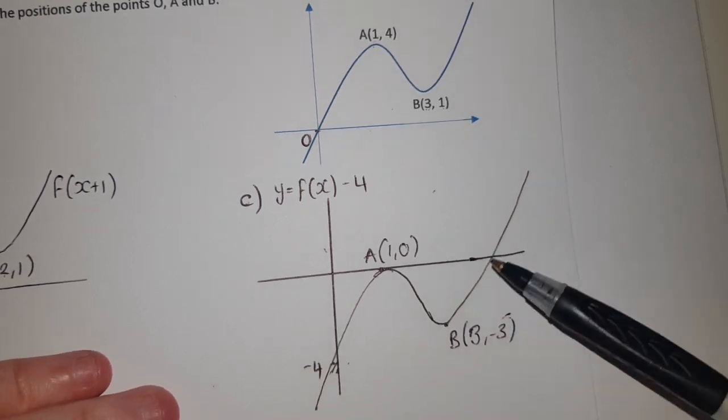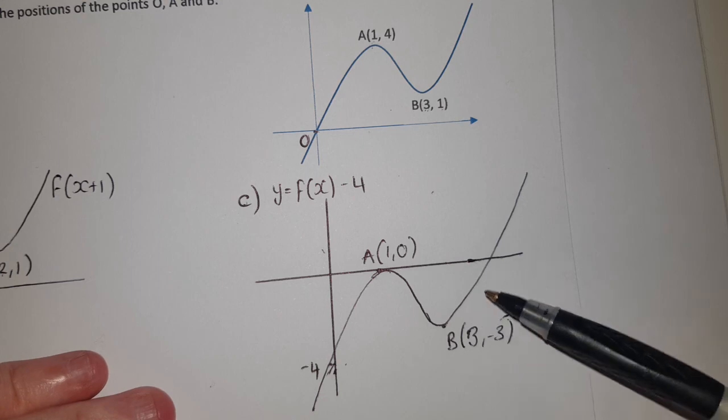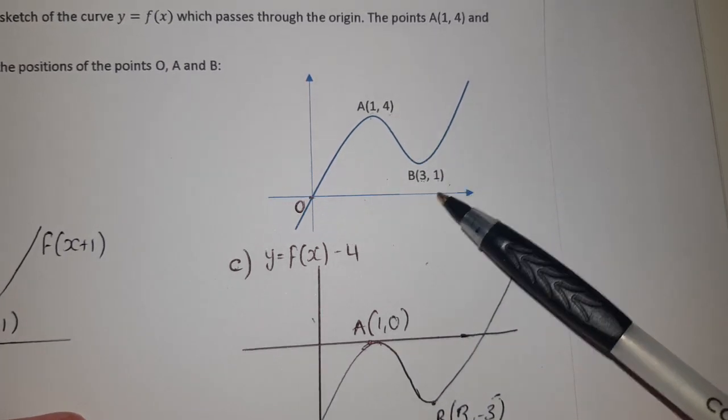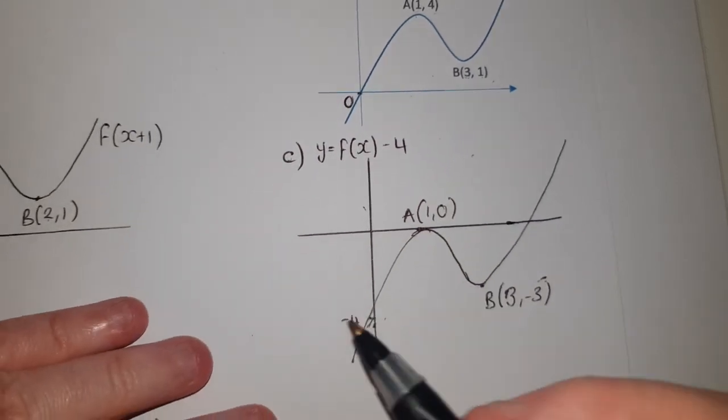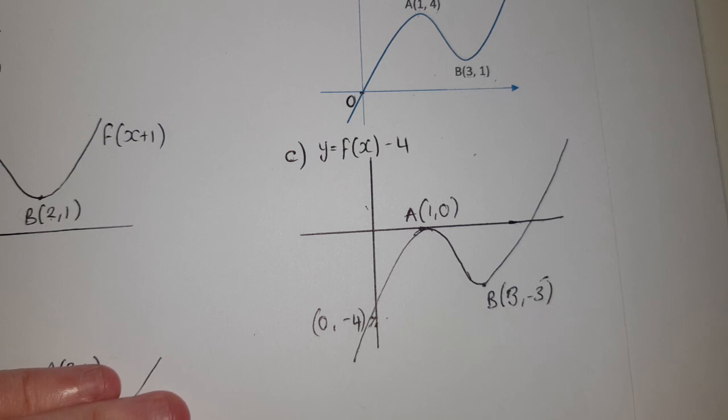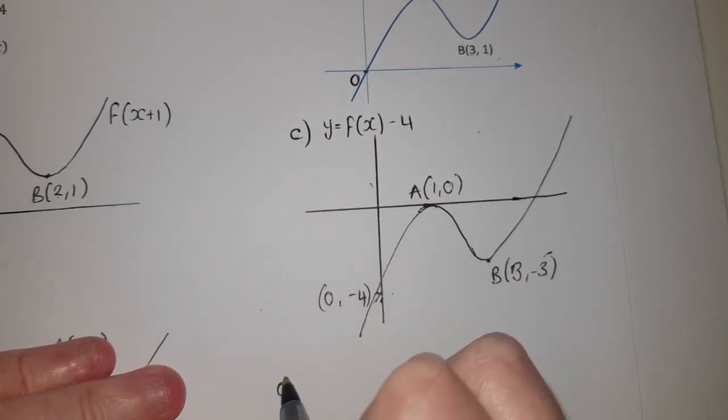So you can see all we've done is move the whole graph down by 4. So each of the y values got smaller by 4. 4 became 0, 1 became minus 3, 0 became minus 4. So I should probably write that as a coordinate. Okay, so you've got all of your new points. If we look at part D,